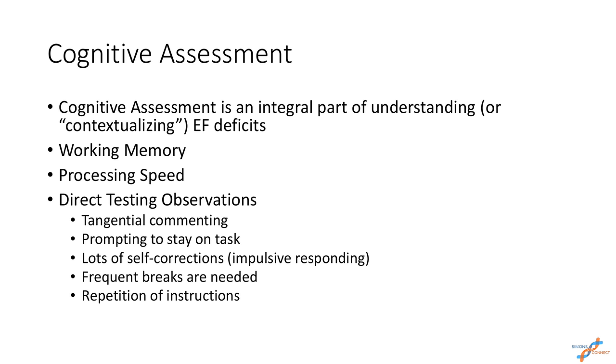So you might see that if a child has an executive functioning deficit and you give them a problem to solve, they might answer immediately, but then once they wait for a minute, they'll change it. So they give a very impulsive answer to start, but they actually do know the answer if you give them more time. They might need frequent breaks. So if you're in a long task, or it's going to be 30, 45 minutes to an hour of sitting, they might need breaks every 10, every 15 minutes in order to do their best. And finally, hearing instructions multiple times is fairly common to see when children are doing something like a cognitive assessment. But also you can see that in their other school areas.